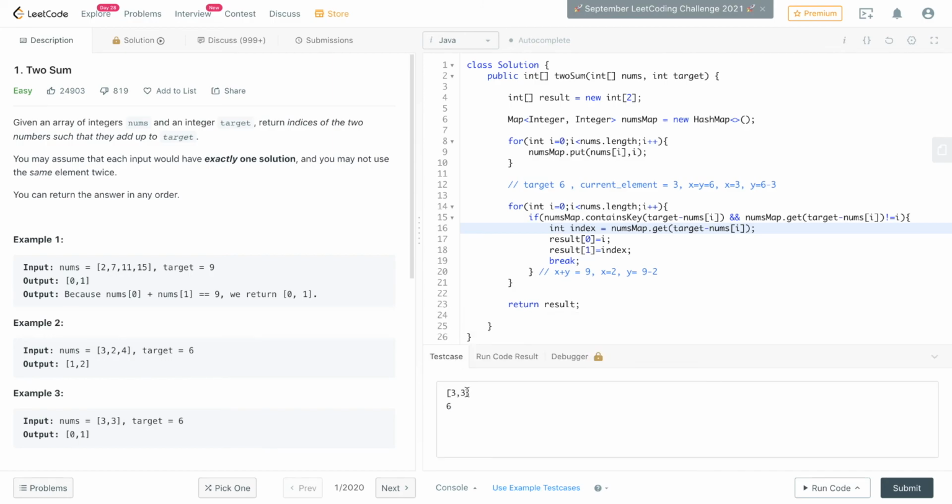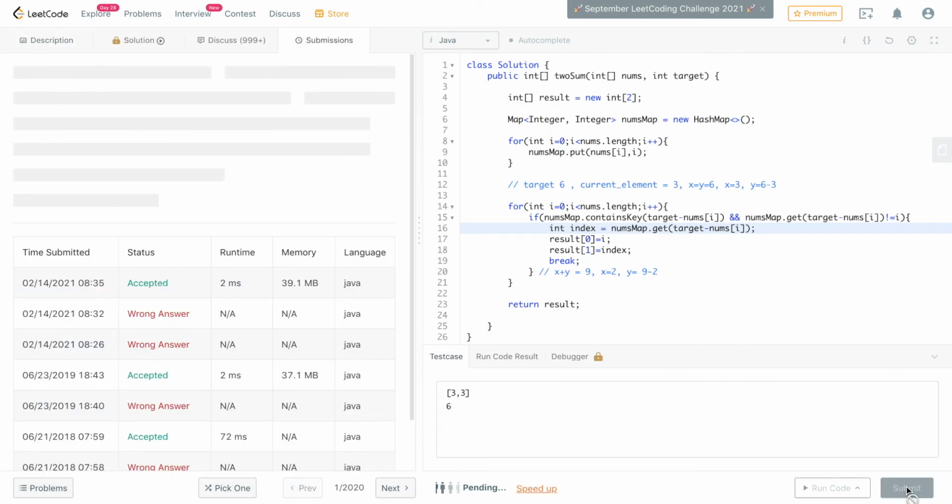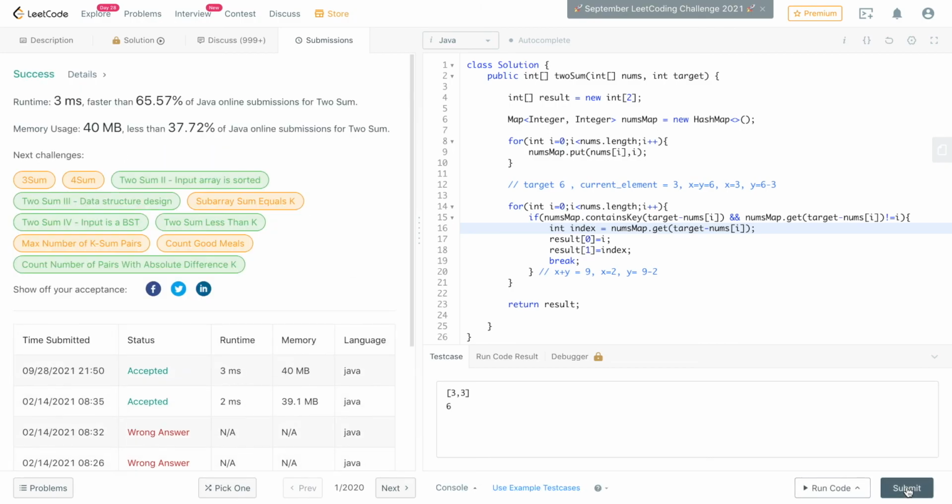Now, if you see the third example, it's pretty tricky, right? So it could count the first element twice because the difference is the same, but there is another element that exists. So with this index check, we are making sure that the element is not the current element. I think we are good to go. So let's submit it and see if our solution gets accepted. Okay, our solution runtime is 3 milliseconds and faster than 65% of the Java submissions. So yep, I think it's pretty much okay.